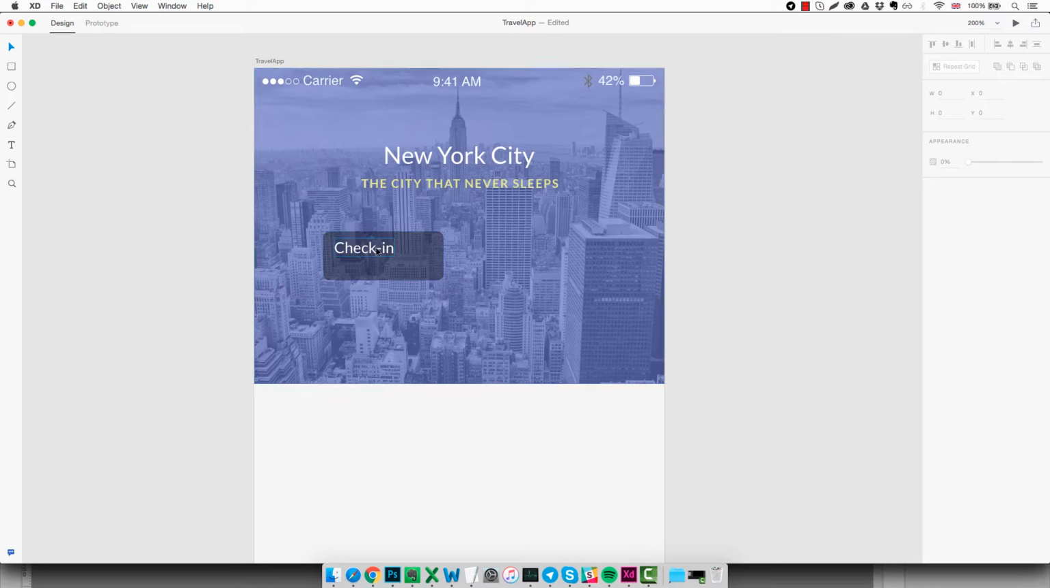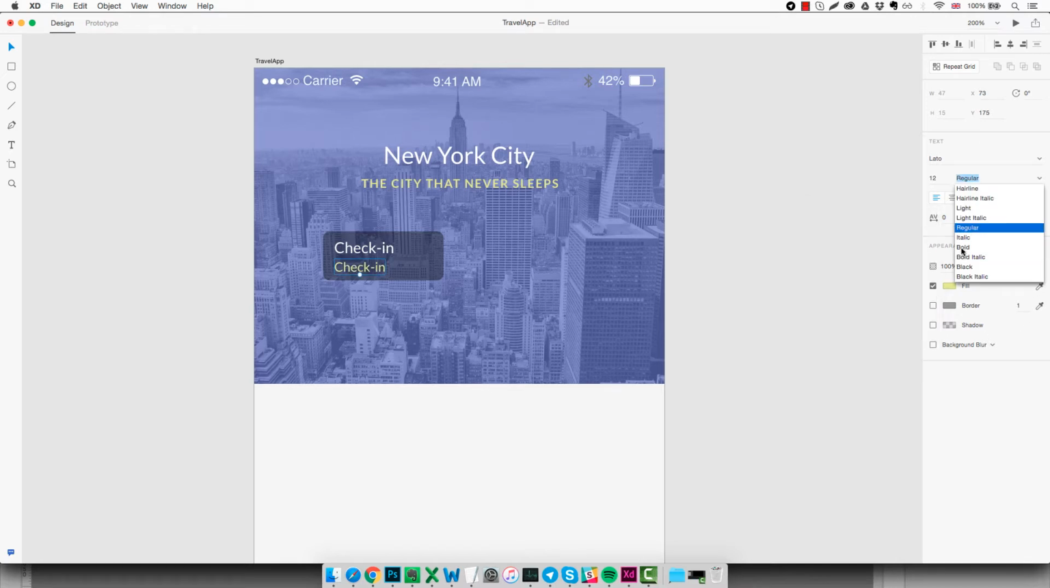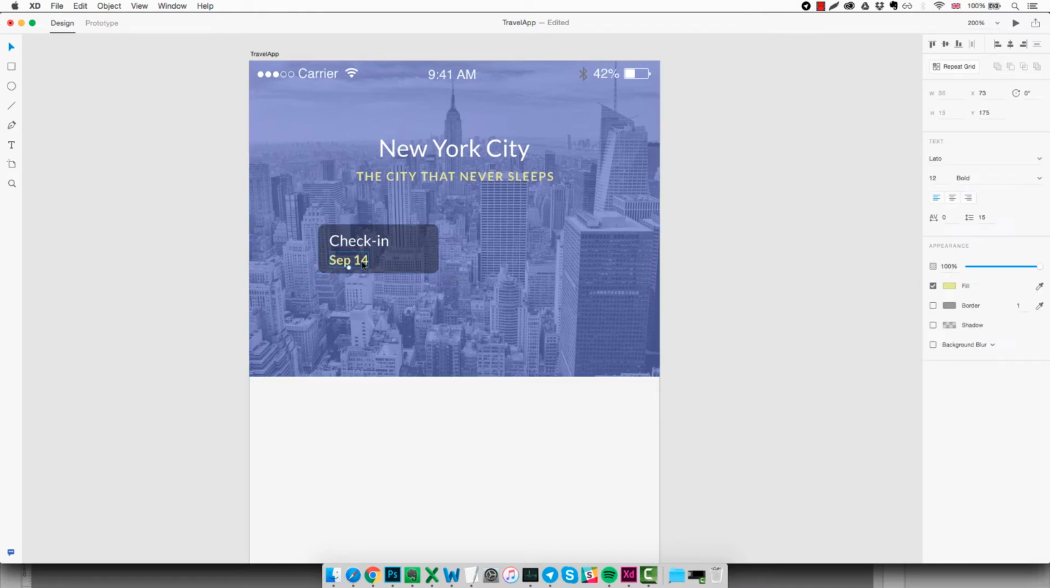So now we're going to duplicate this text here, once again using Alt and click. And we're gonna change the size of it to 12 pixels. The color as well, using the yellow that we already used. And the weight, using a bold one. And of course we need to change the date, something like September 14th. We need to probably move this up a little bit,